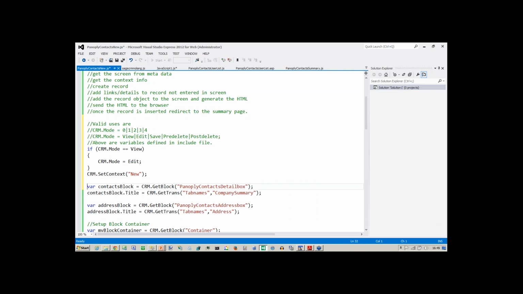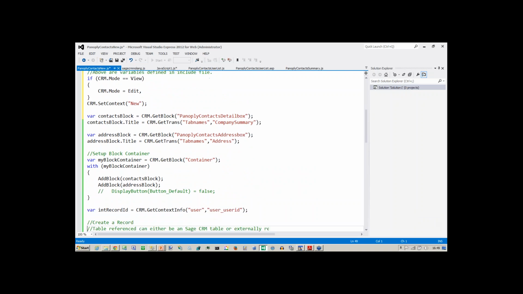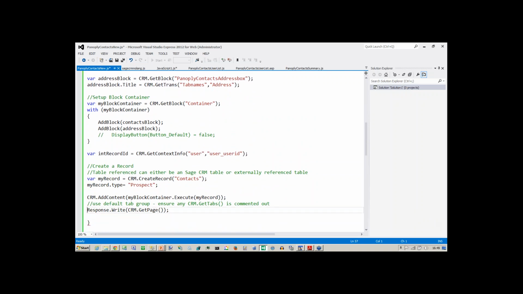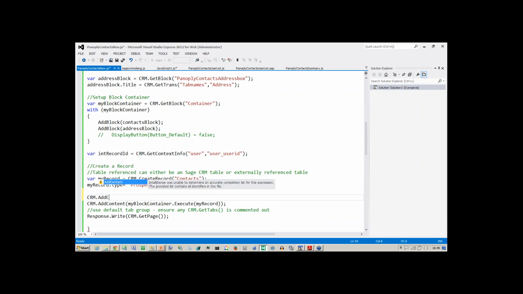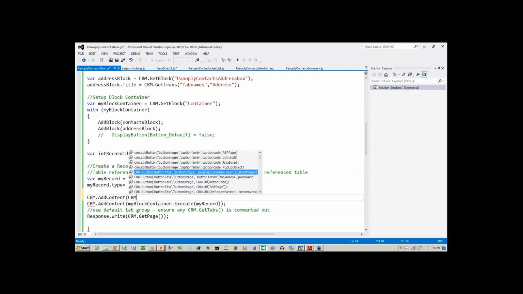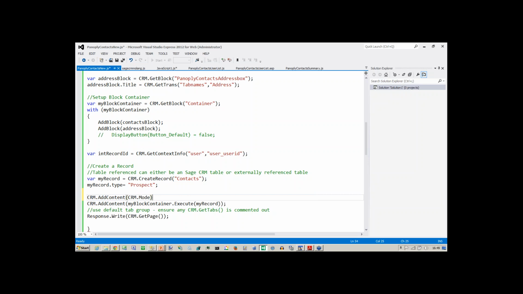Now I'm going to cheat here. What I'm going to do is on this page, where we've got the execute, I'm going to put in a CRM dot add content, and in here say CRM dot mode. The reason I want to do this is that I want to look at how mode changes according to the execute method. What effect does the execute method have on mode? So if I save that now